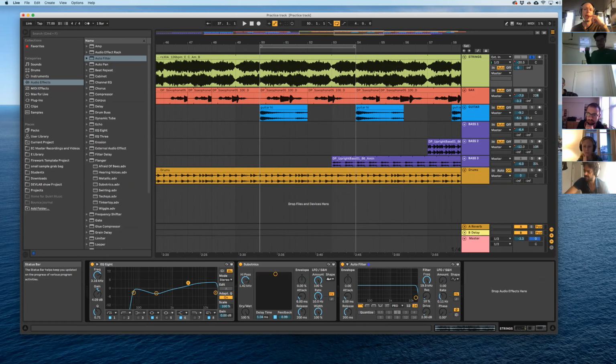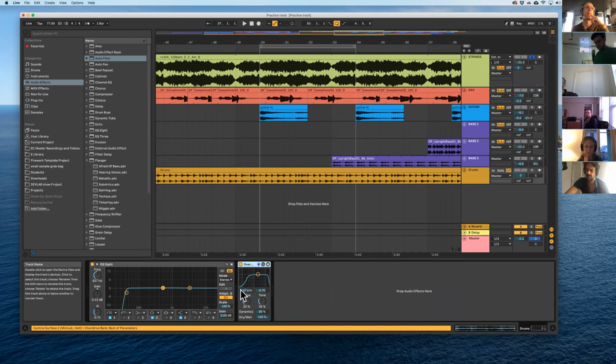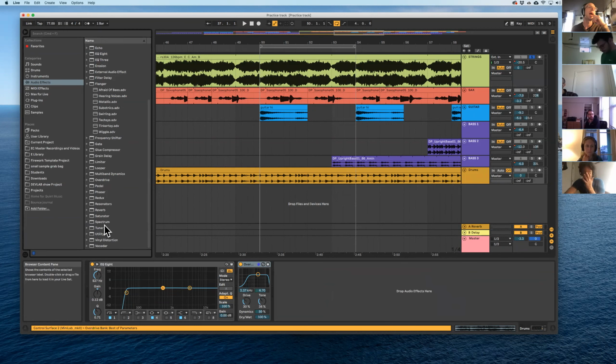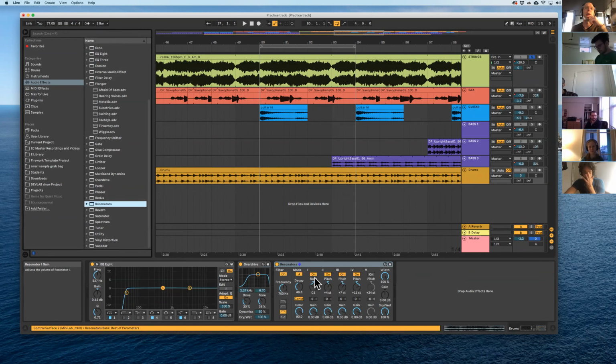You're asking about the resonator instrument? I mean, the resonator effect that I showed you, that's here on the drums. Okay, so the resonator,